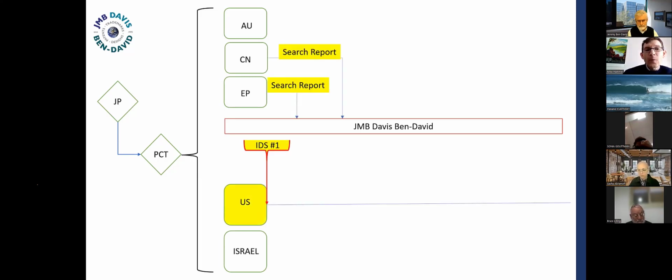When the US case gets filed, we'll typically file a first IDS along with that national stage entry. That will include any references which are listed on the ISR in the PCT stage, and any other references that we know about or that are brought to our attention. Here's a PTO fun fact. The ISR references are actually pulled by the USPTO when they process the application.